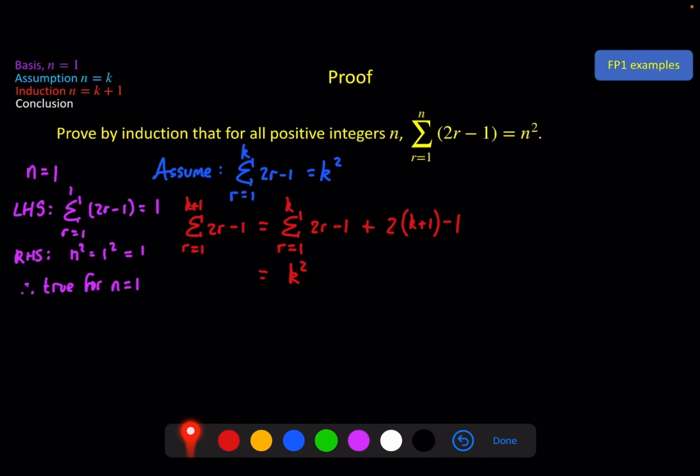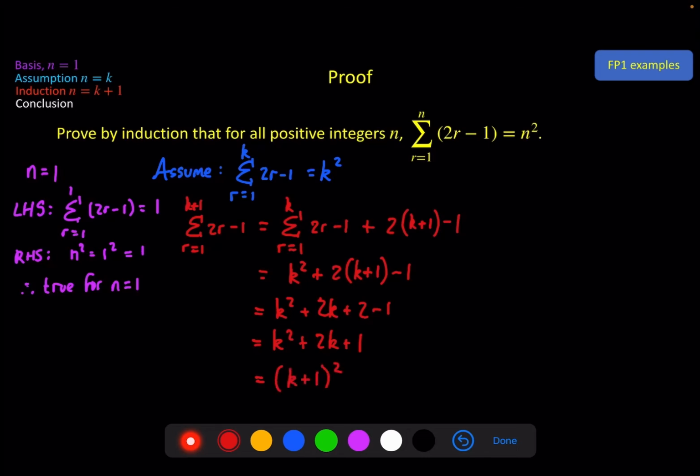So if this is true, and we know it is true for n equals 1, I can do that, but I still need to add 2k plus 1 minus 1. Expand this out, and we get 2k plus 2 minus 1 plus 1. And this, of course, if you factorize it, is k plus 1 all squared, which is in the format n squared, where n is equal to k plus 1. So I have proved this is equal to this, so this is true